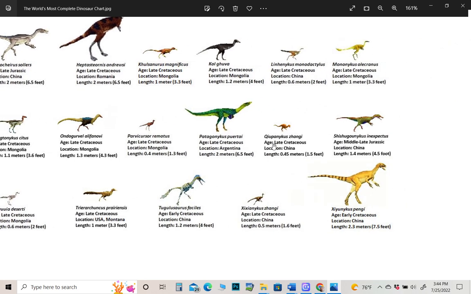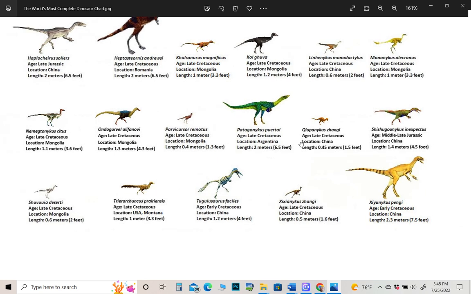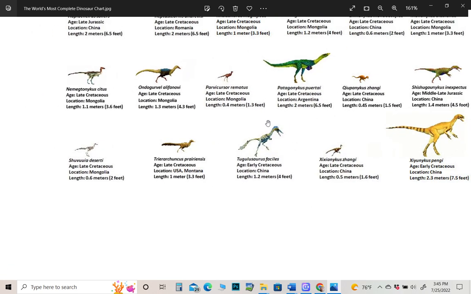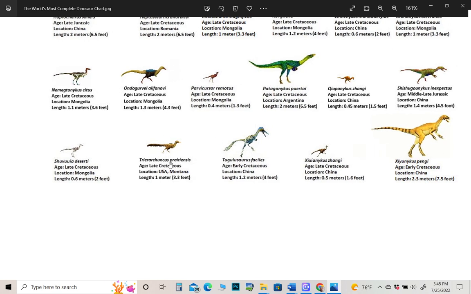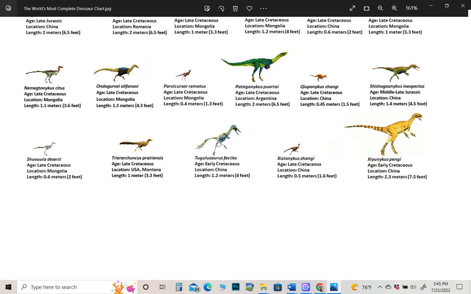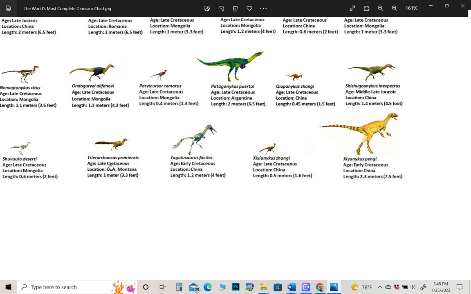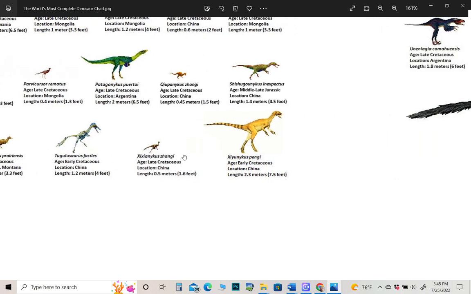Parvicursor, Patagonykus, Qiupanykus, Shishugounykus, Shuvuuia, Trierarchuncus. That's from the late Cretaceous Hell Creek Formation. So it lives like right alongside Tyrannosaurs and Triceratops, right before the end of the KT extinction. Tugulusaurus, Xiyunykus,